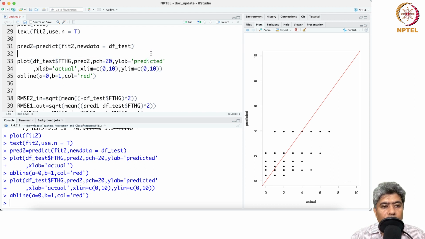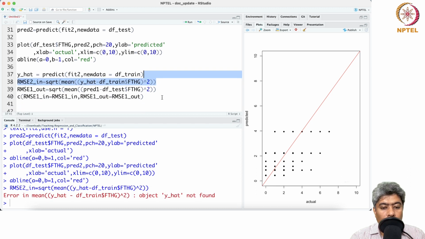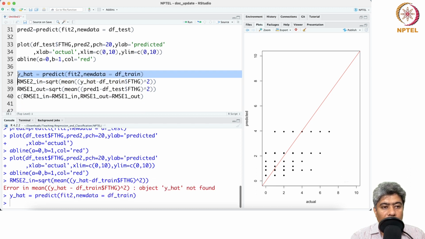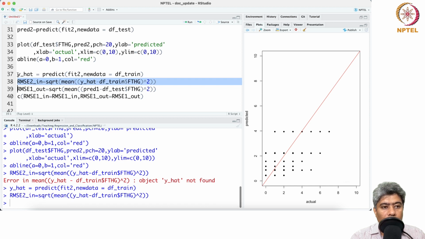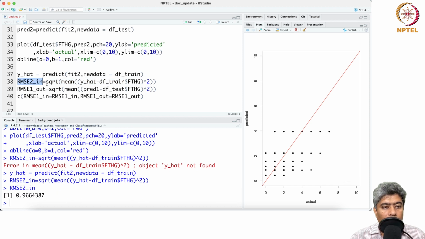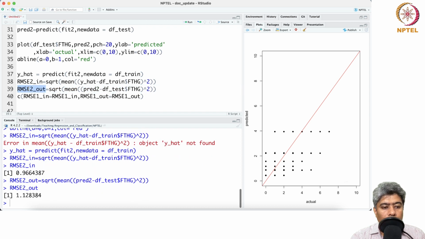Then y hat will be here, and instead of test I have to take train FTHG. Oh, I have to first run the y hat, of course, and then this, and then RMSE2 out, grade 2, and this. Now this out is 1.12,